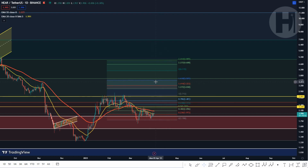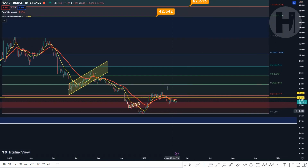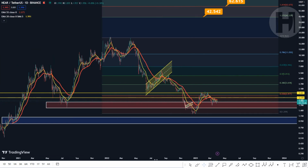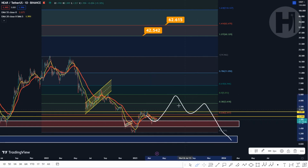And also I'm expecting a bull trap in August or September, which is when we're going to start moving to the upside very impulsively, and everyone is going to think that we are already in a bull market. But then something always happens, and we do see a strong correction. And that's what I think is going to be the last leg down,